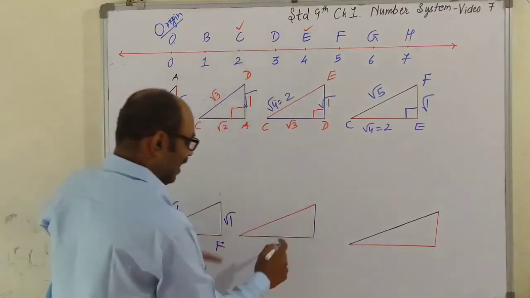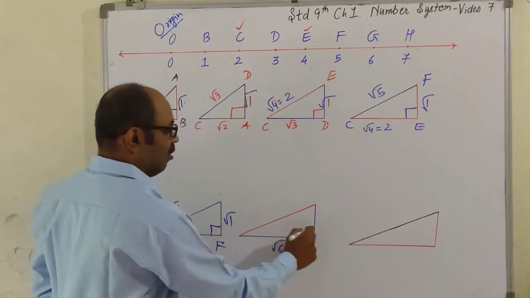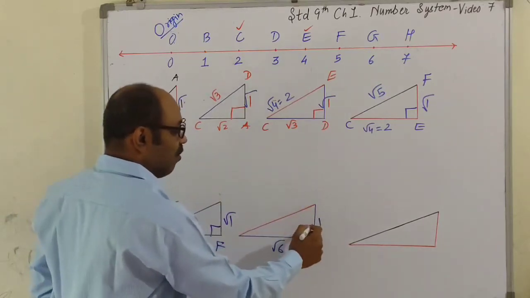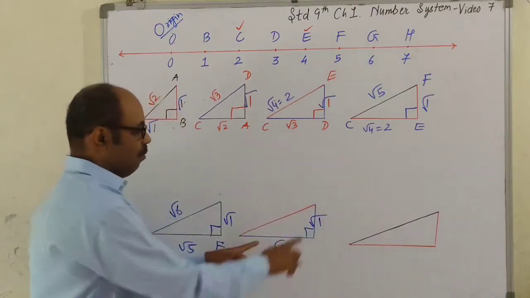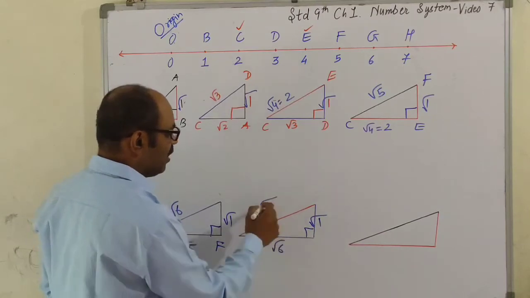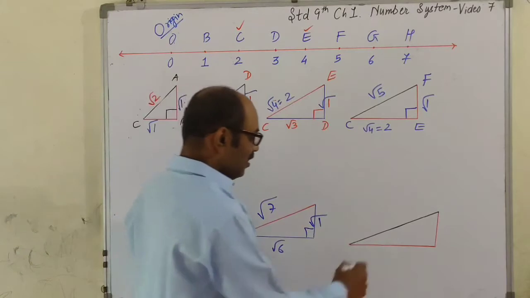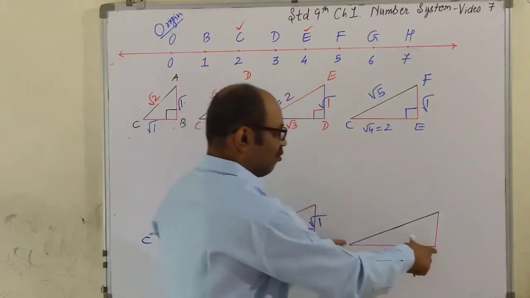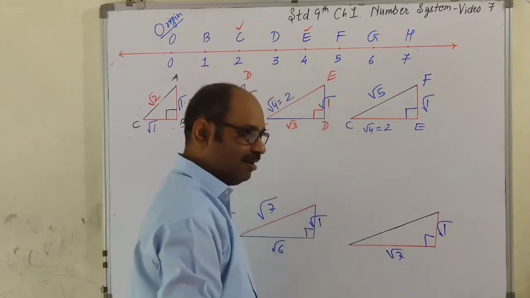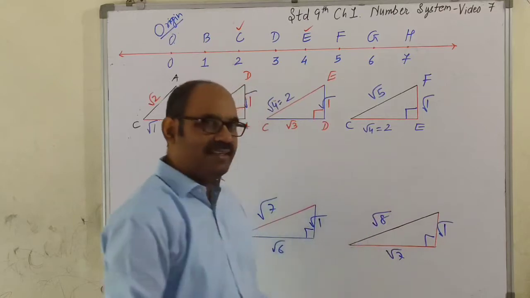Now that root 6 is taken here. And then perpendicular, this is right angle. Without right angle, Pythagoras cannot be applied. This I am going to take 1 unit and 1 unit is root 1. Both are root, the two sides forming right angle. So directly you will write 6 plus 1, 7. Hypotenuse will be root 7. This I have taken root 7. ये red वाला root 7 यहाँ और ये perpendicular उसको 1 unit means root 1. So what will be the hypotenuse? Root 7 plus 1 and that is 8.